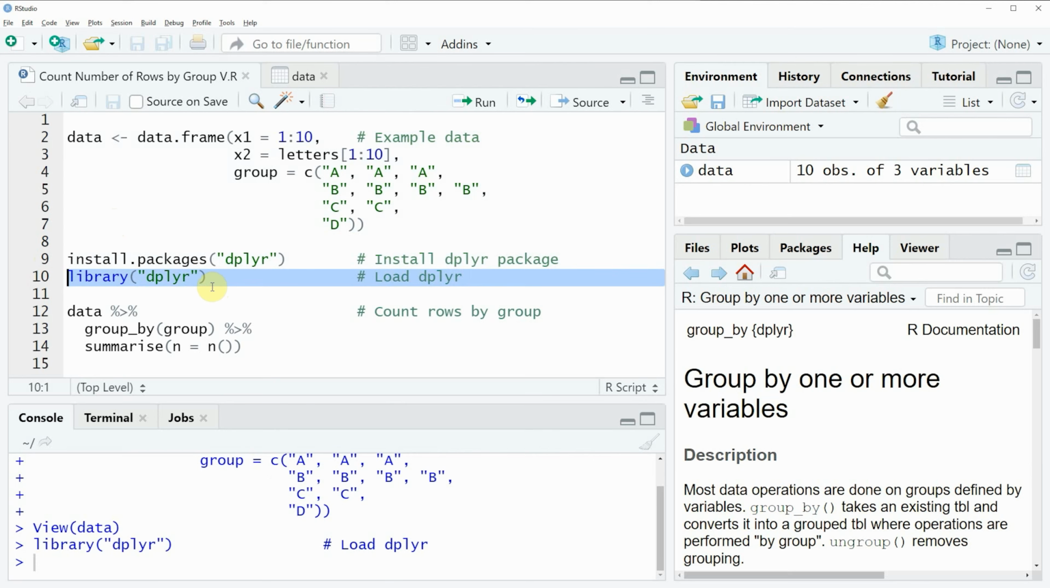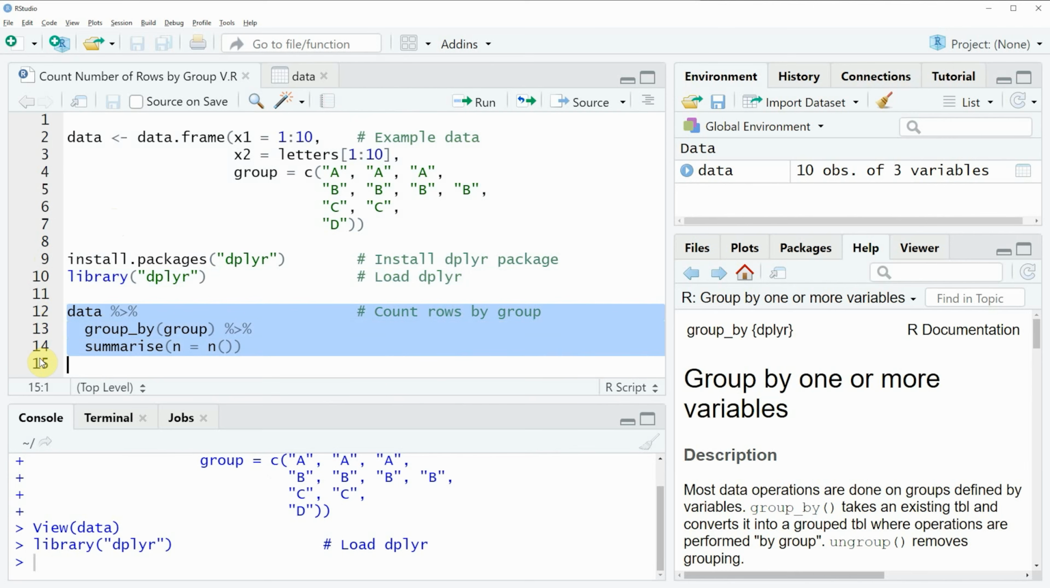Now, if we want to count the number of rows by group, we can use the code that you can see in lines 12 to 14. In these lines of code, I'm first specifying the name of our data frame. In this case, our data frame is called data. Then we are specifying the pipe operator. Then we are using the group_by function of the dplyr package, and within this function, we are specifying the column name of our grouping column. In this case, our grouping column is called group. Then again, we are using the pipe operator. And then we are using a combination of the summarize and the n functions to count the cases within each